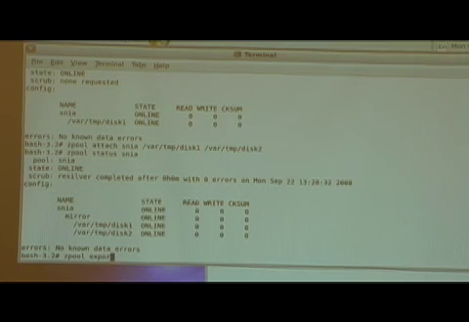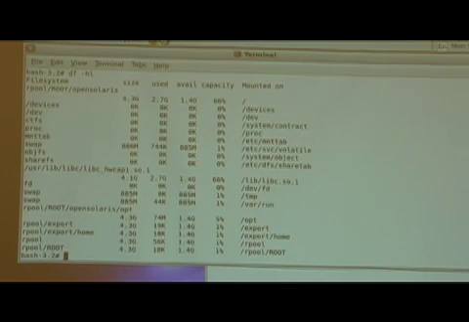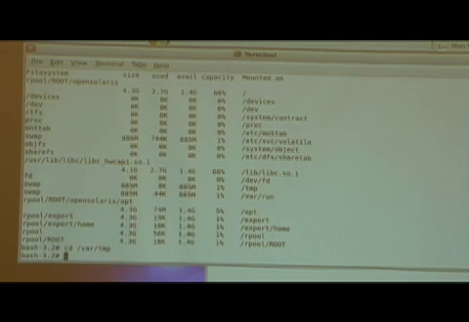So in order to make sure there's no caching going on, we use the zpool export command. And what export does is say, unmount everything, forget about it for a while, maybe we're going to move it to a different computer or something like that. So now if I do a df, none of that stuff is around. So now we can go to var temp, and we'll do a dd from